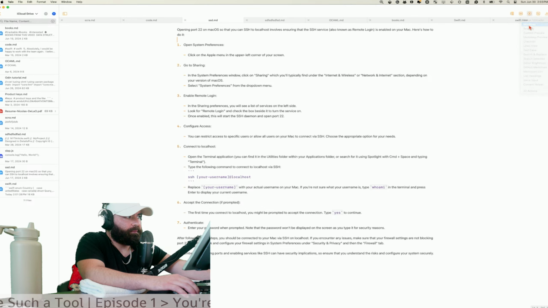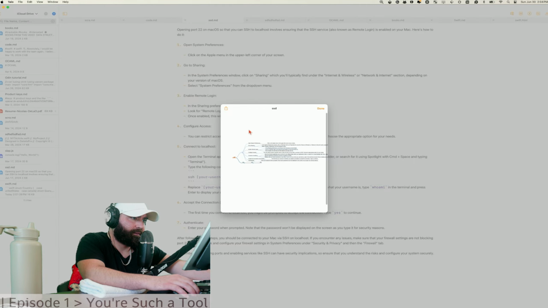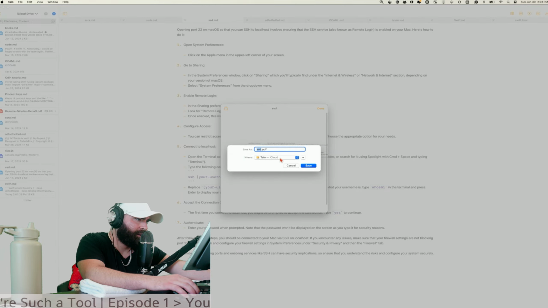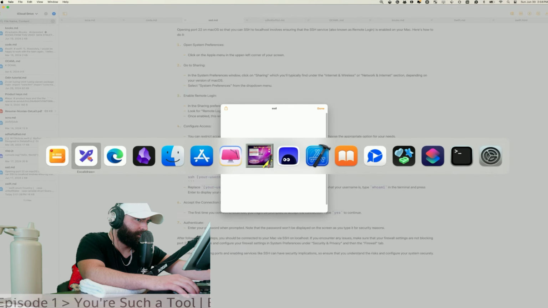Then you got a mind map, so it'll generate it based off your note. You can't expand it, but nonetheless, it gives you this mind map. So let's take a closer look at image or PDF. So that's nice. So let's look at it as a PDF. Save as. Yeah, I guess that's cool.